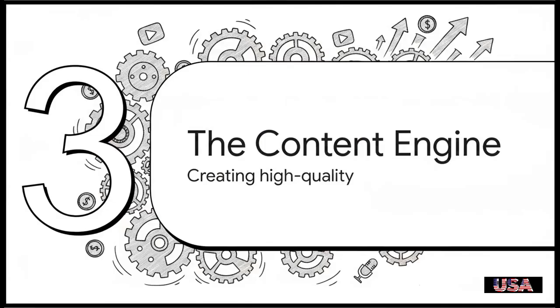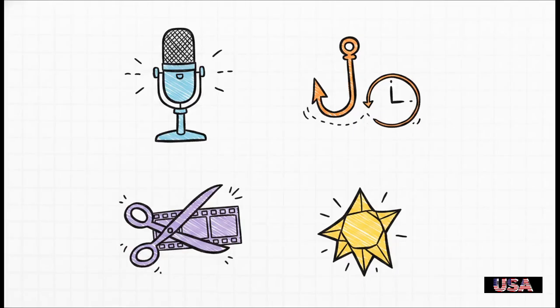Which brings us to section 3, the content engine. This is the daily grind that's really going to drive your success. According to the guide, putting out high-quality videos really comes down to a few core mechanical requirements. First off, audio is king. You absolutely need a good mic or a crystal-clear AI voice. Then there's the script. You have to hook your viewers within the first 5 seconds. Seriously, 5 seconds. Your editing should feature pro touches like subtitles and smooth transitions.